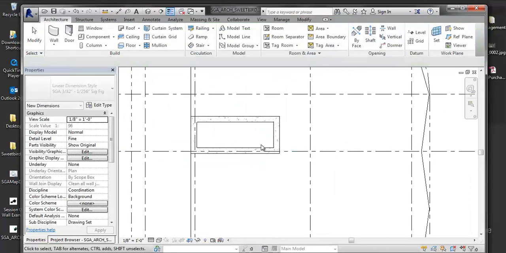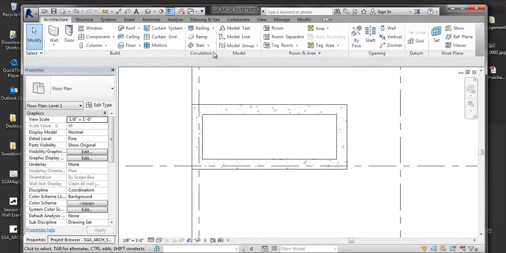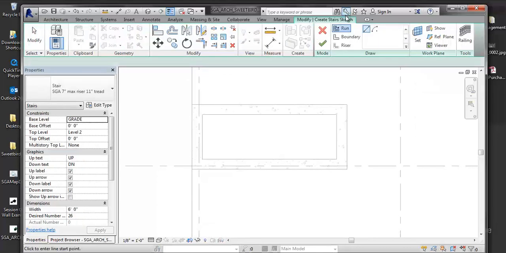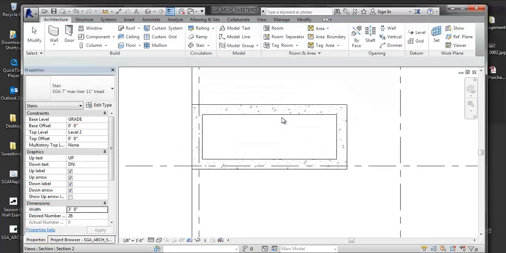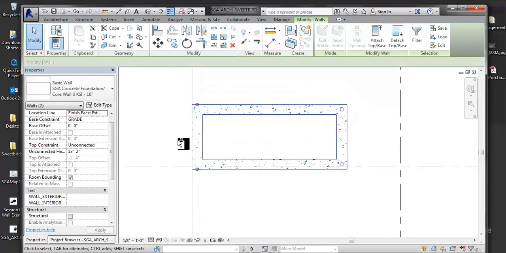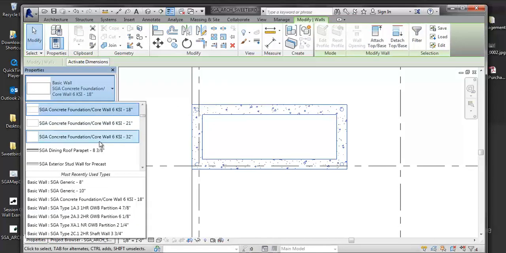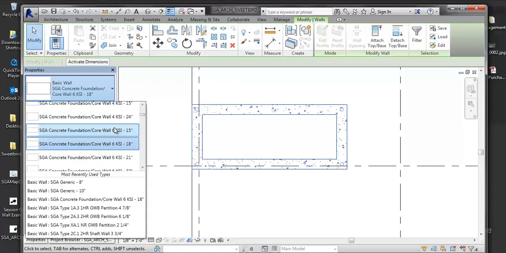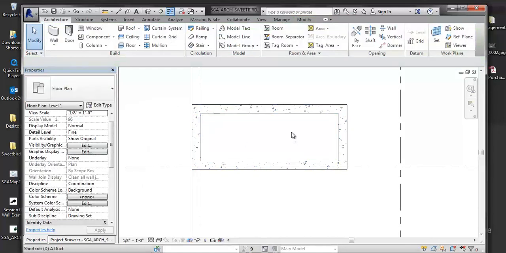Yep, 6'8". Good. Okay. So again, just to recap, I go to stair. I'm going to do stair by sketch, and I'm doing it as a run. And then also making sure my width is appropriate. So in this case, we'll do 3 foot 0 inches, and we're probably going to need a little bit more room in that core. So we'll change our wall systems to be slightly smaller. Go down to 12 inches with those. 15 should give us